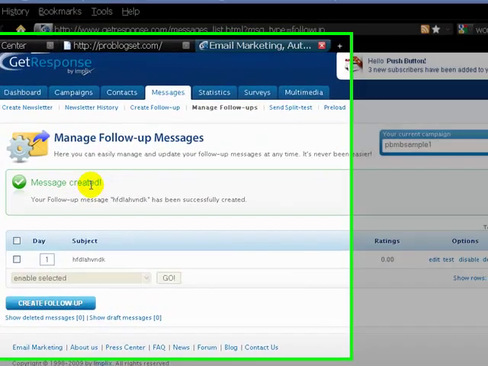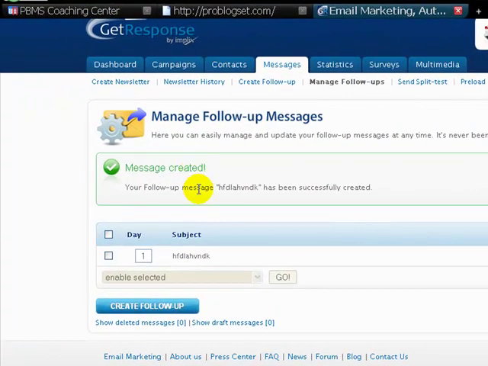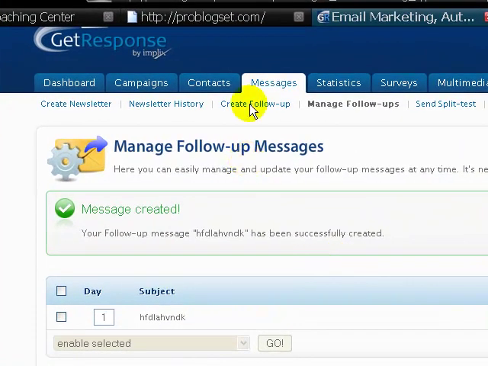So here it is. It's saying message created. Now I chose one day for this. So this doesn't mean that it went out right away, but it means that the message was created. However many days after you are composing that you want it to go out, that's when it's going to go. So I'm going to finish here because I don't have enough time to get into it right now. But the next thing I'm going to show you is how to create a newsletter and how